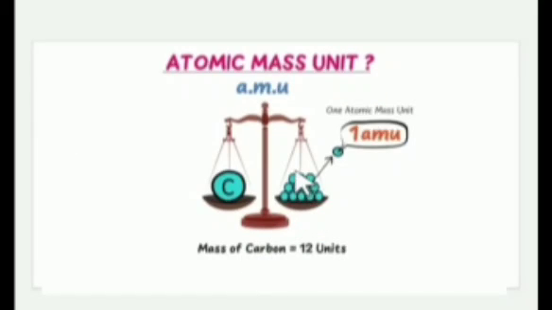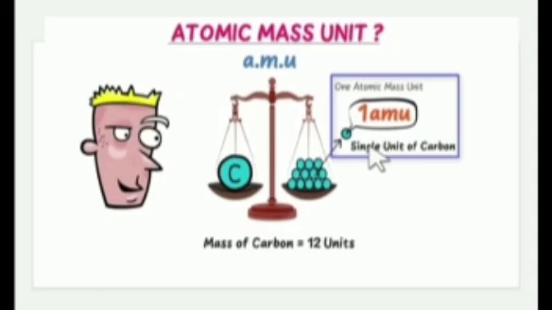Okay, one thing to remember is that one part of this atom is equal to 1 AMU. This is a very important point, the most important point to remember, and it is also mentioned in your book: the relative atomic mass of an element is the average mass of an atom of that element as compared to 1/12. 1/12 means one part of this, and 1/12 means 1 divided by 12. We can easily compare this with carbon.